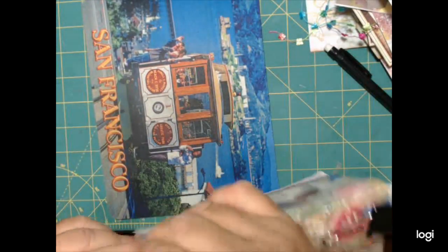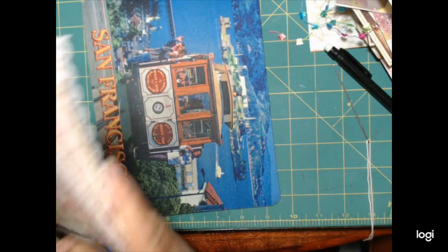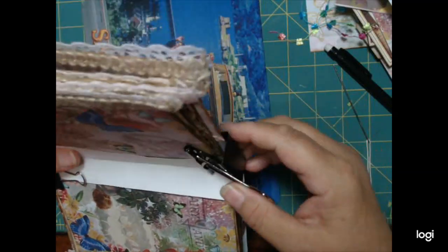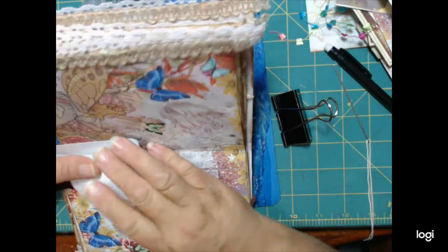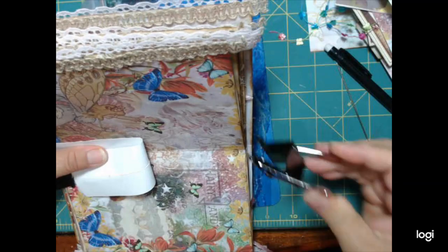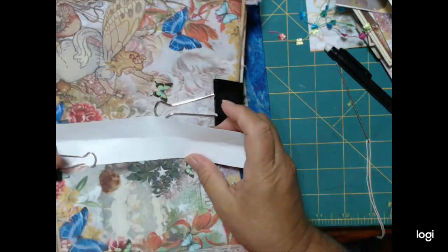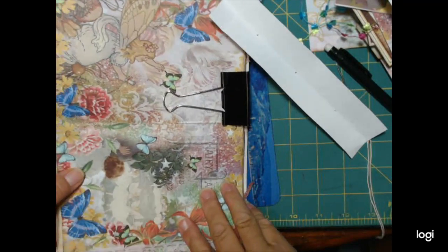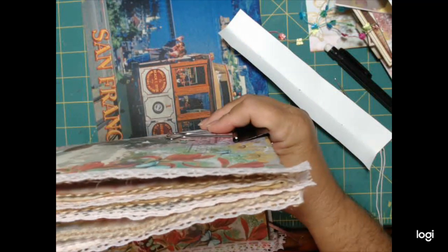Second guess myself. So yeah, I'm going to... I hope my pages didn't just move. It probably did. That's my luck. And I'm going to...